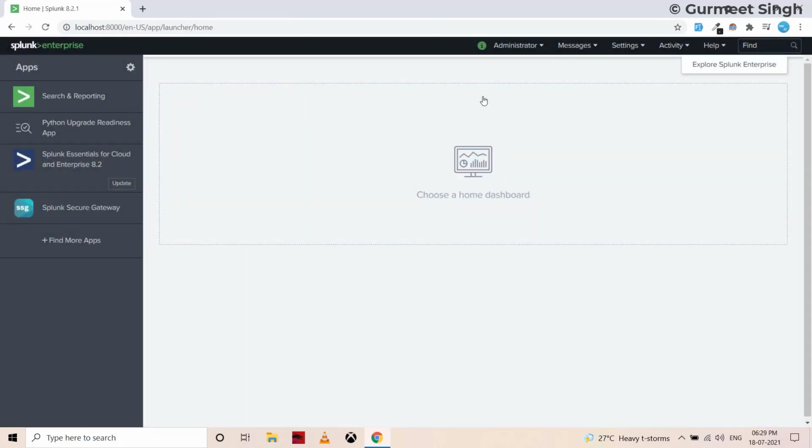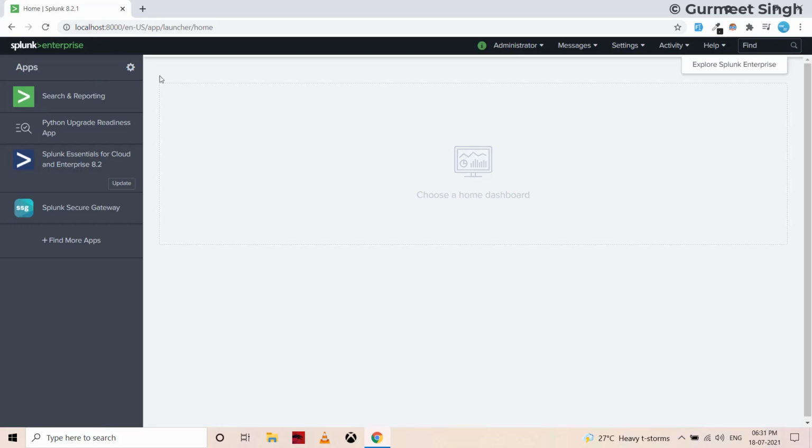So this is the basic user interface of Splunk Web. I will go through the different parts one by one. There is a navigation bar at the top. On the left hand side, there is the Splunk Enterprise logo, and on the right hand side, you get several options. We will discuss each of these options one by one. Just below the navigation menu, we have a sidebar on the left and some empty space on the right hand side. This sidebar displays the different applications that you have installed on your Splunk Enterprise.